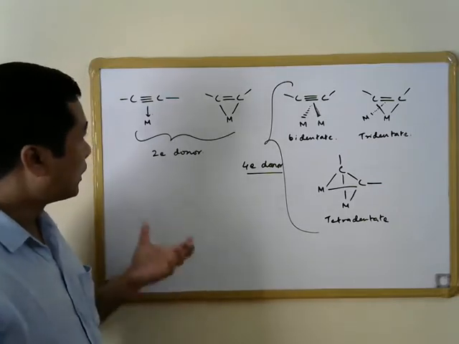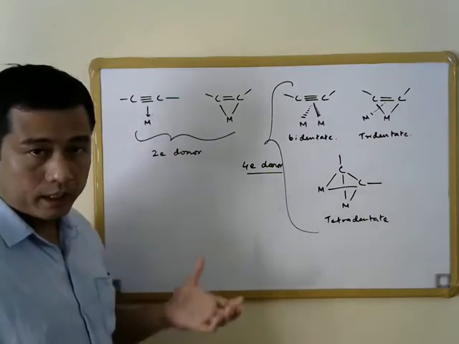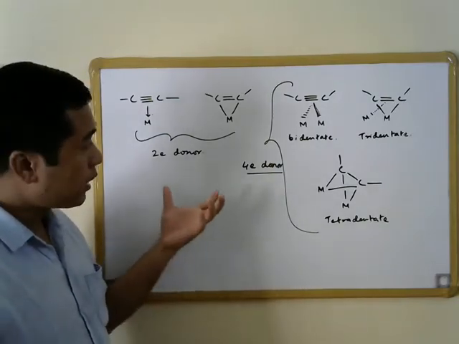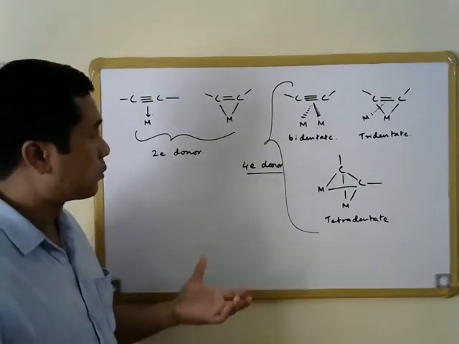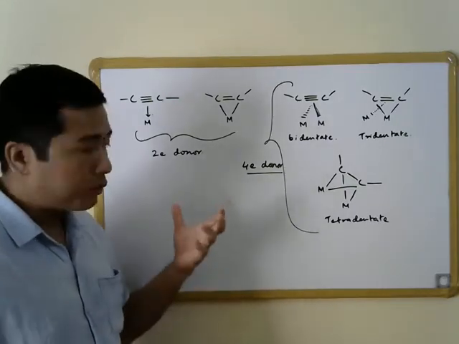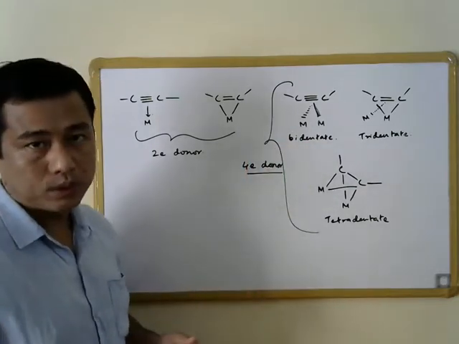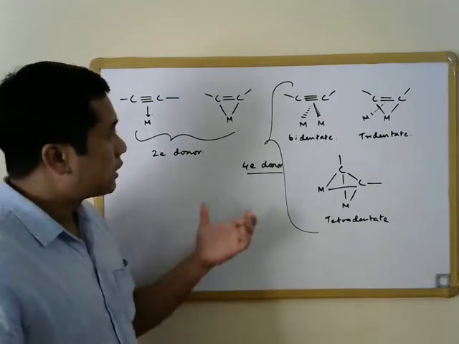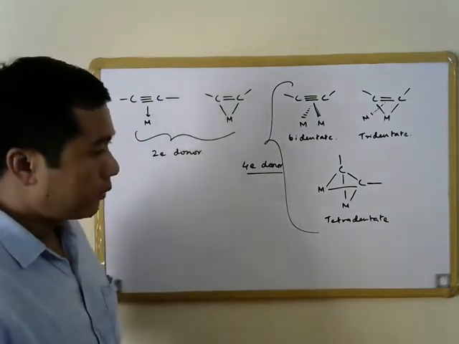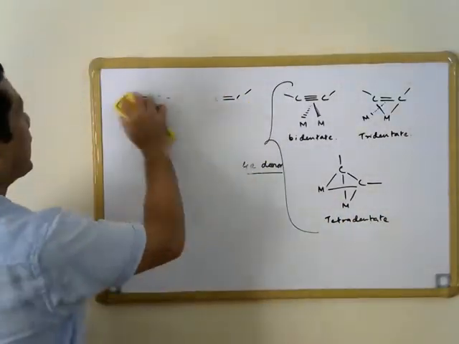The 2-electron donor binding modes are essentially observed in the case of electron-rich metals. The alkyne acts as a 2-electron donor, and when complexed to electron-poor metals or early transition metals, the alkyne ligand essentially shows 4-electron donor behavior and uses one of these binding modes. So these are the binding modes of the alkyne ligand, and now we'll see the preparation of metal alkyne complexes,